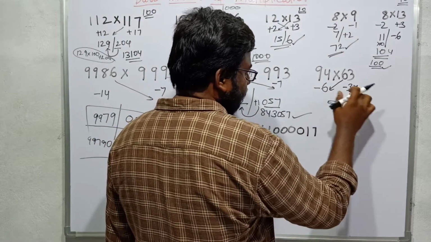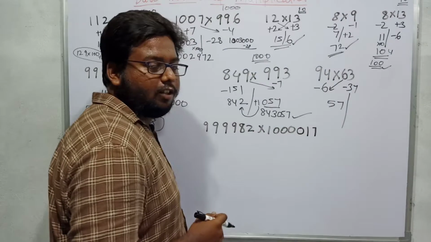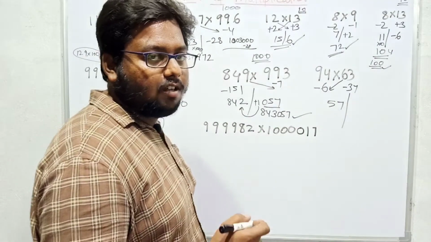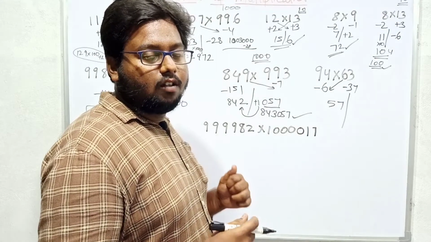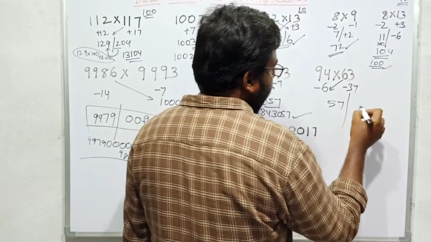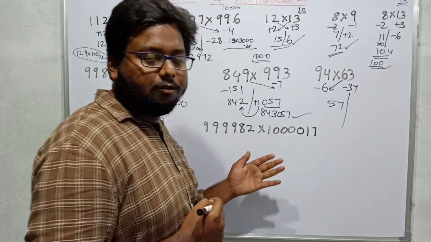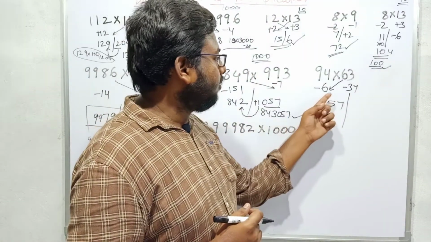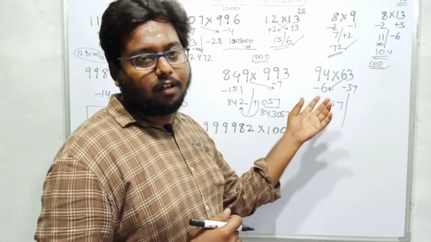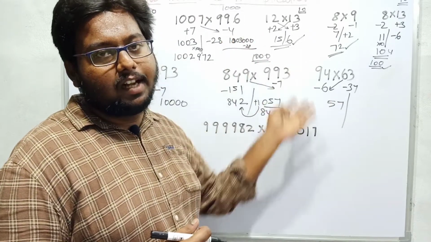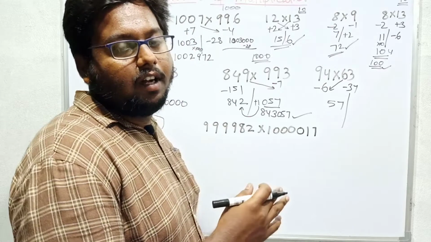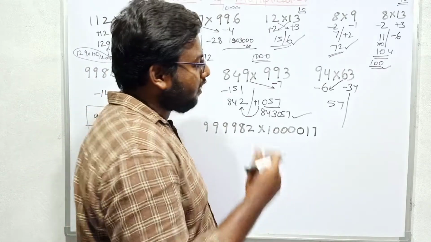And here 6 into 37, I already said that 3 into 37 is 111, and 6 into 37 will be 222, because 3 into 37 is half of 6 into 37. So 2 into 3 into 37 is 222. Otherwise you can calculate the method which I discussed in part 2. 6 3s are 18, 18 I will keep beside, and 6 7s are 42. 4 in that 42 will be added to that 18, and it will be 22, and beside 2. What is beside 2 means the unit digit in 42 is 2, that will be the last digit number.